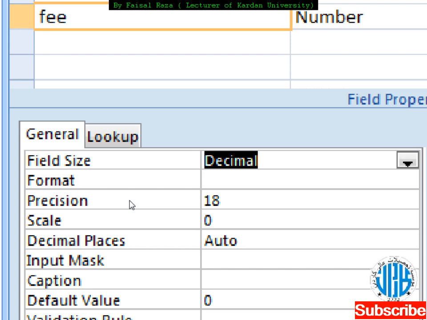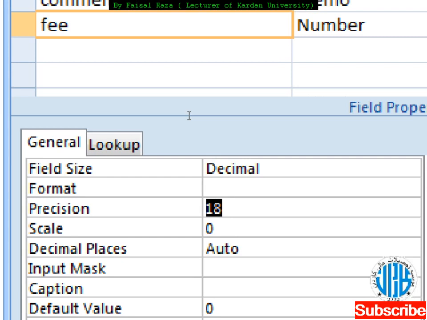Total number of digits. Scale means up to how many digits. Scale means how many digits will be after the point. So if I'm going to write here, total number of digits is 5